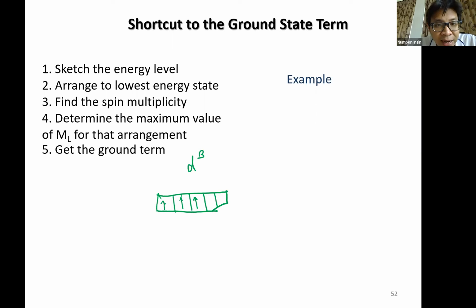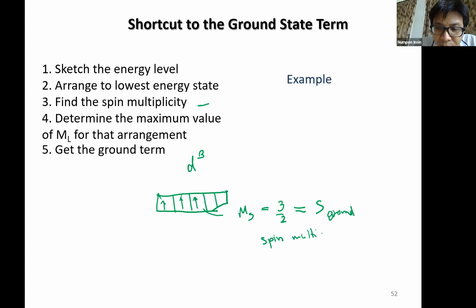Now, number 3, find the spin multiplicity. So combined MS of the system is going to be 3/2, right? So this one is going to be the S of the ground term. S of the ground term equals 3/2. So spin multiplicity equals 3/2 times 2 plus 1, which equals 4. And then